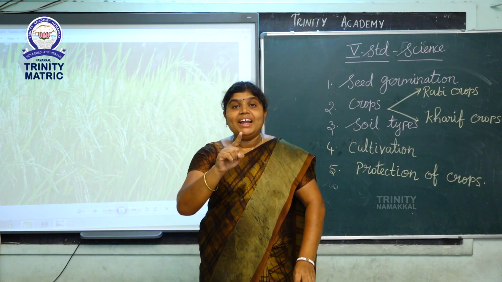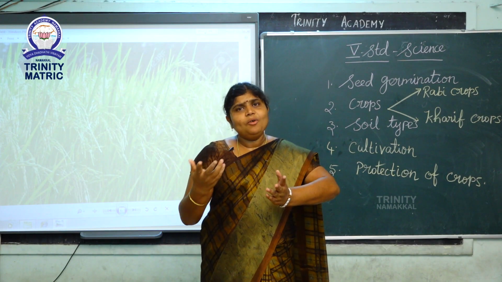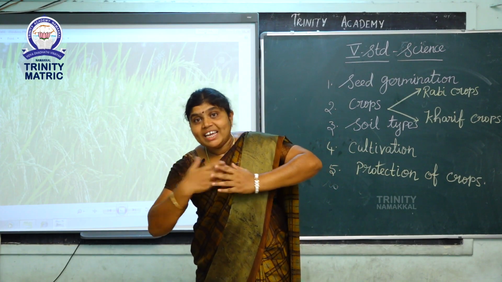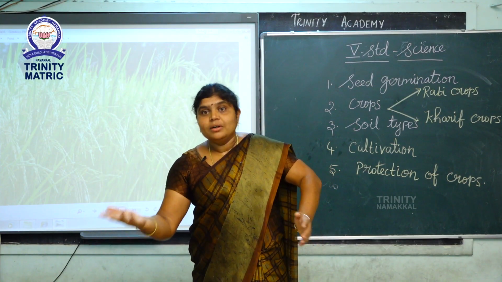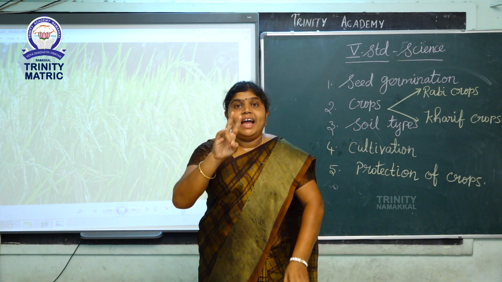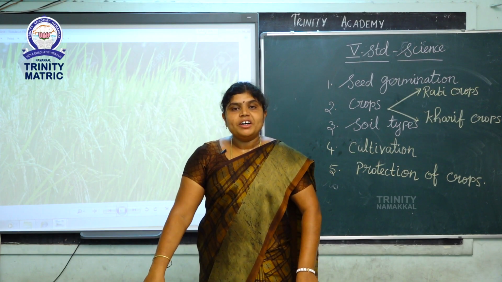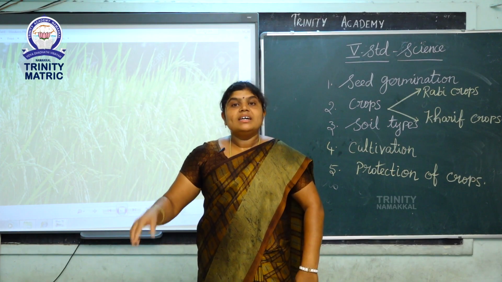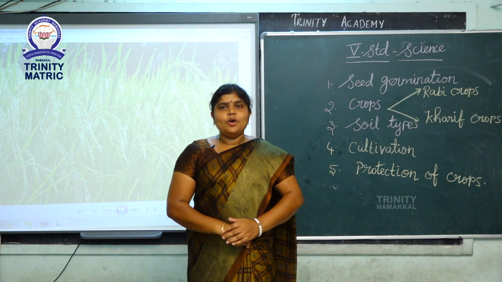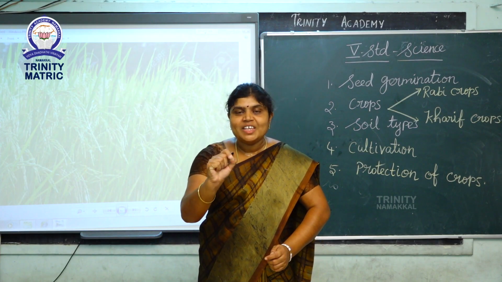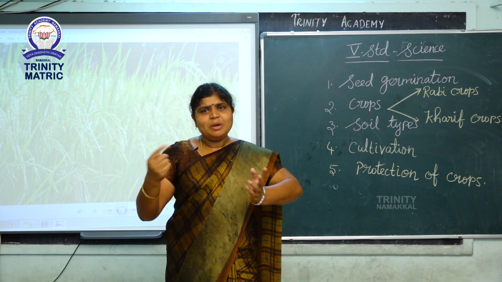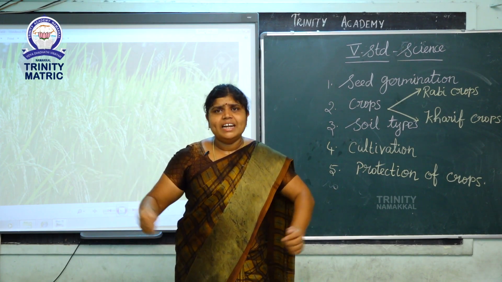Next the seed needs to grow by manure. Manure is very important. Without manure plants cannot grow. Without food we cannot grow. Without manure seeds cannot grow. So, manures are 2 types. First one is natural manure, second one is chemical manure. But in village side, most of the farmers use natural manure. What do you mean by natural manure? Natural manure is what we are getting from plants and animals.